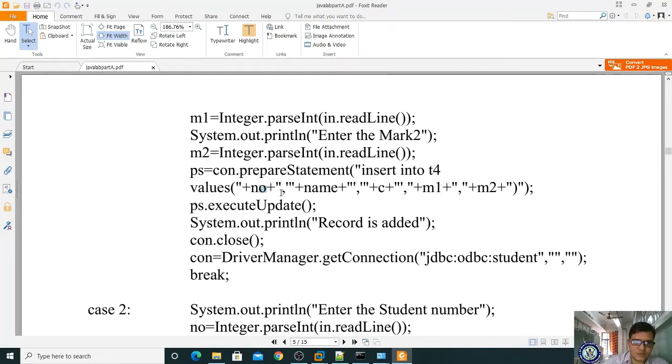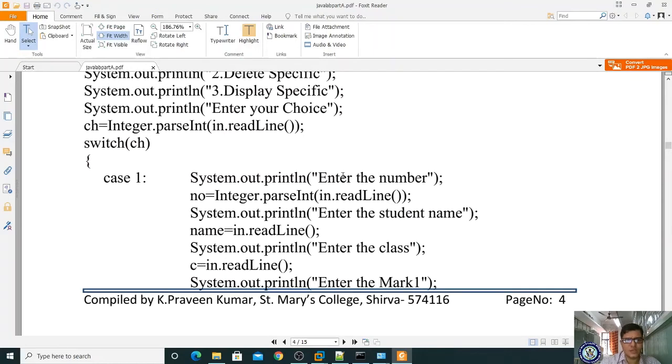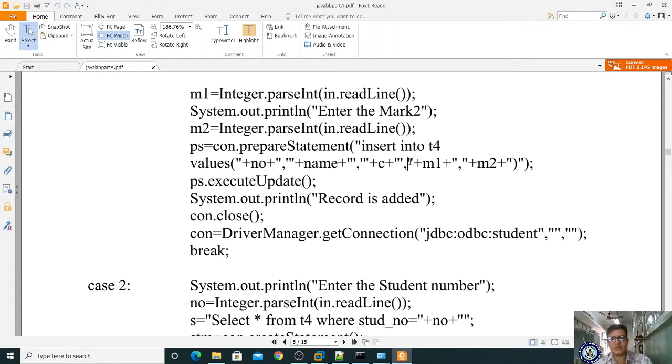Afterwards double quotation, comma. Please observe here, if you are using a string it must start with a single quote, followed by the double quote plus name. The name variable consists of your read value, and plus is concatenation, double quotation followed by single quote, single quote followed by double quote. The same again for class: single quote followed by double quote followed by single quote. Next you are entering the marks for m1, double quote plus m1.